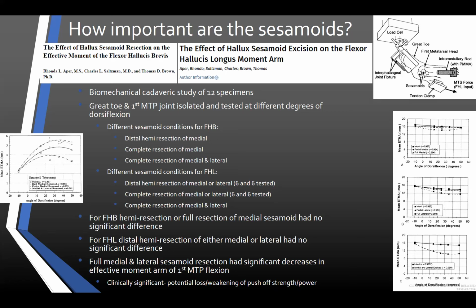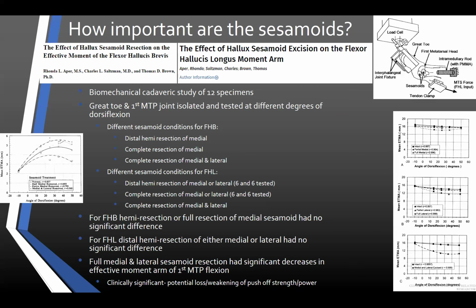They didn't test the lateral sesamoid for the FHB, but they found that resecting the entire sesamoid had no real effect on the effective strength needed. It was a little bit different for the FHL, as once you took out an entire full sesamoid, the effective moment force that could be generated did decrease, but in most of our procedures, it's really the medial sesamoid that